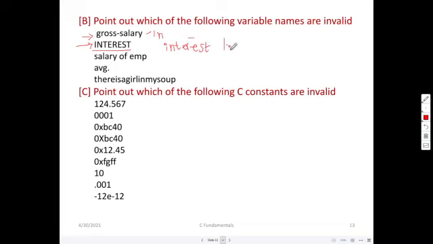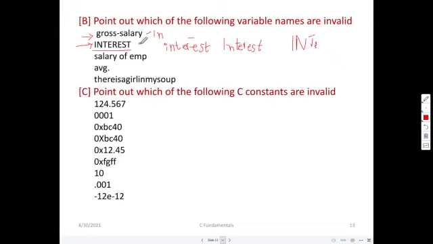Suppose I am using only I as capital, then this is another variable, Interest. Suppose I am using INT capital and the remaining small letters, this is yet another variable name. So as far as C is concerned, it is case sensitive. Even if you change one character, it will become a different variable name.